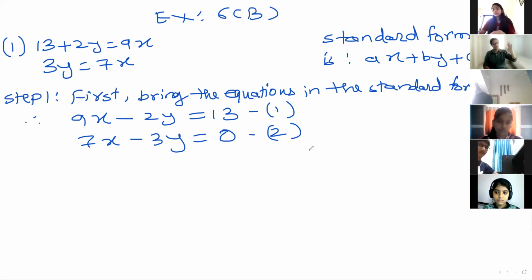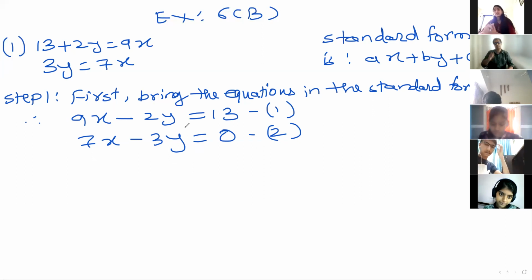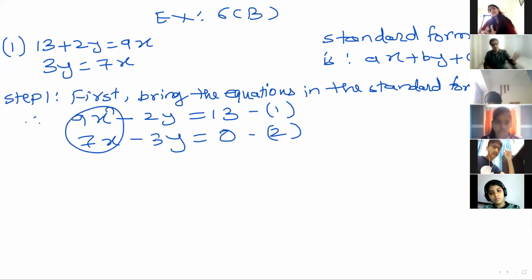Now tell me, we have to equate the coefficient. For which coefficient is it easier to equate, x or y? Is it easy to equate the coefficient of x, or of y? Y, absolutely. And both have negative sign, so you have to subtract. If both have the same sign, you have to subtract. So remember that if both have the same sign, you have to subtract. So anyways, write step 2,